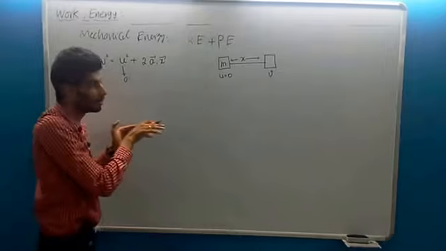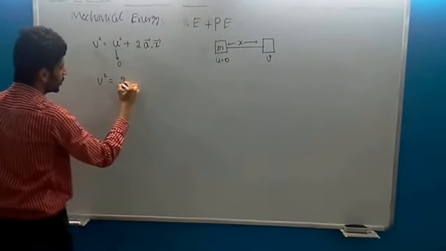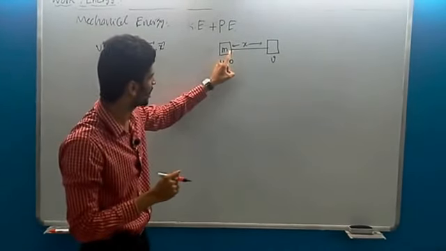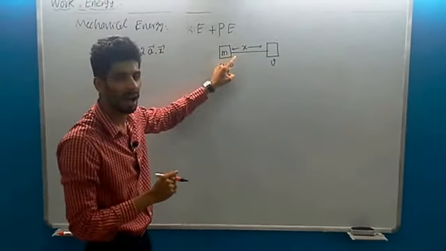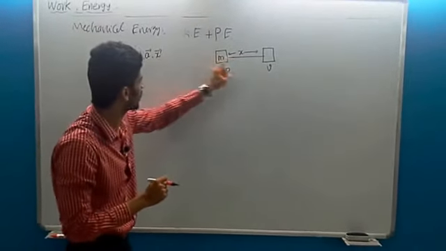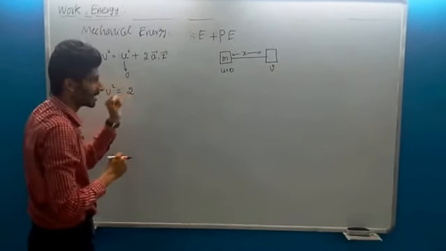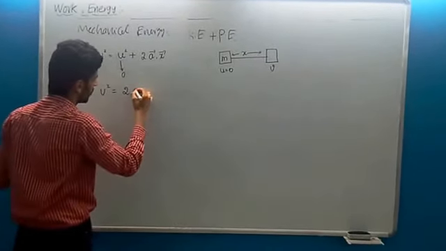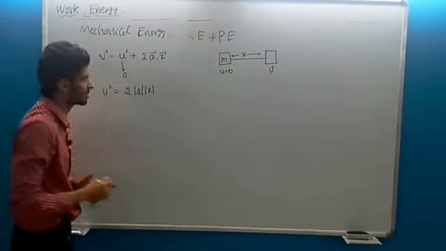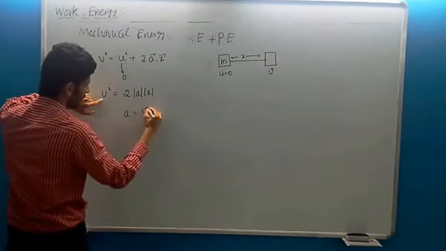You make it move with the final velocity v. So v square is equal to 2 a dot x. Let me consider that acceleration and displacement are in the same direction. So the dot product of a and x is equal to the maximum value of acceleration times the maximum value of displacement, since cos 0 is 1. So I'm going to write a is equal to v square by